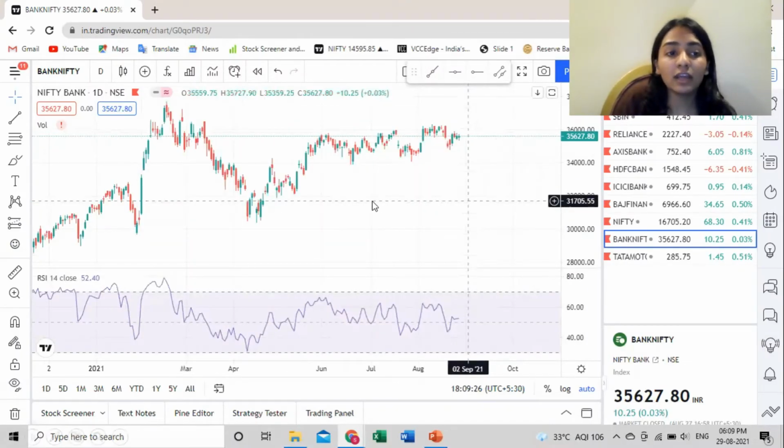Over here, I've taken RSI, which is the Relative Strength Index, into consideration. This is the Bank Nifty chart again. RSI is by default set at 14, which means that it is taking the previous 14 days of candles into consideration while making these lines. The minimum for the range is 0 and the maximum is 100, and the part highlighted over here is 30 to 70. 30 is the situation of oversold and 70 is the situation of overbought.